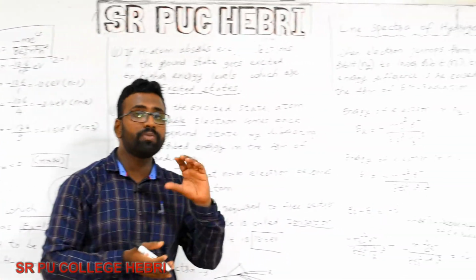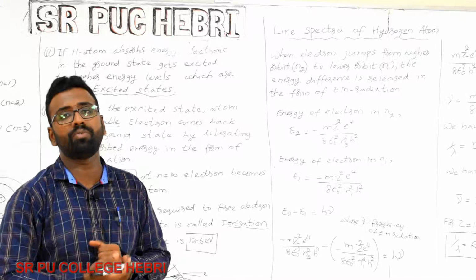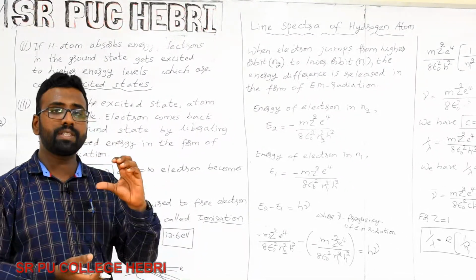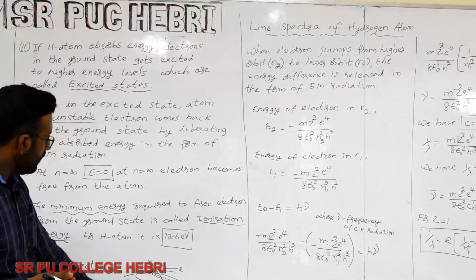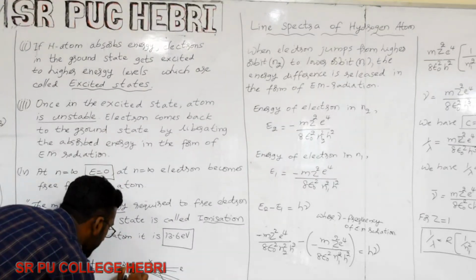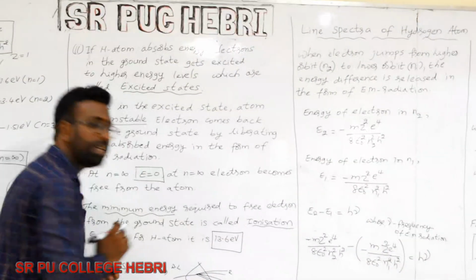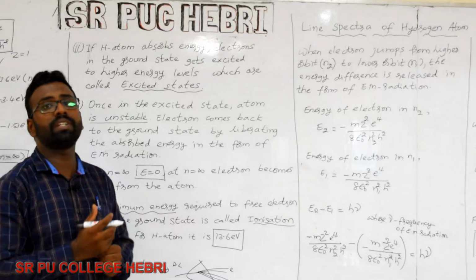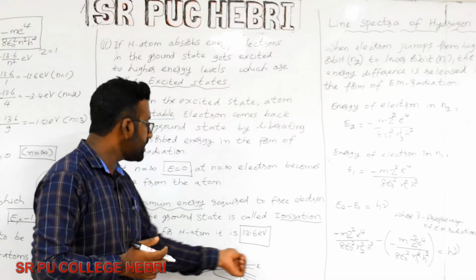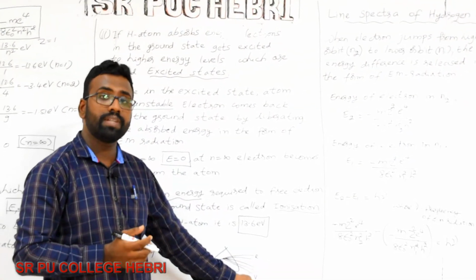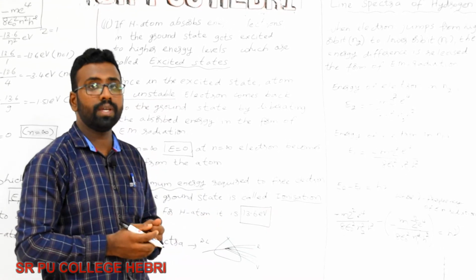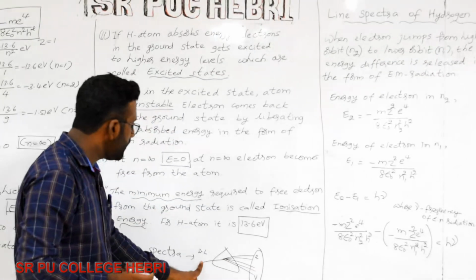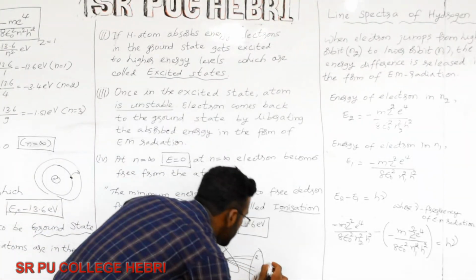Before that, I'll give you a brief idea about the spectra if you have any confusion about it. A simple way to understand it: when white light is passed through a prism, what happens? Dispersion takes place and the white light gets split into 7 colors, VIBGYOR. This combination of all the components of white light is known as spectra.